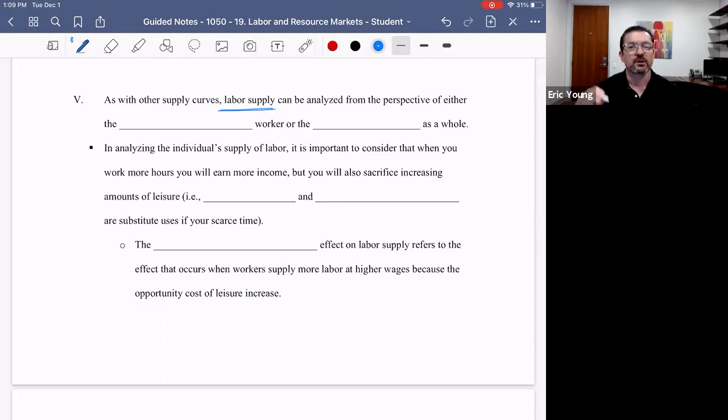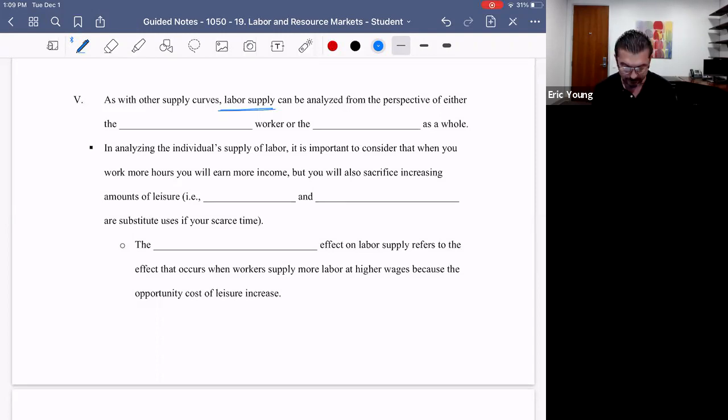So we're going to cover labor supply, then we're going to cover equilibrium, and then we'll wrap up by discussing the shifts and the ways that labor supply curves can shift, because again, as you know, whenever you have supply and demand going on, a shift in any curve is going to alter the equilibrium. In the case of a labor market, altering wage rates.